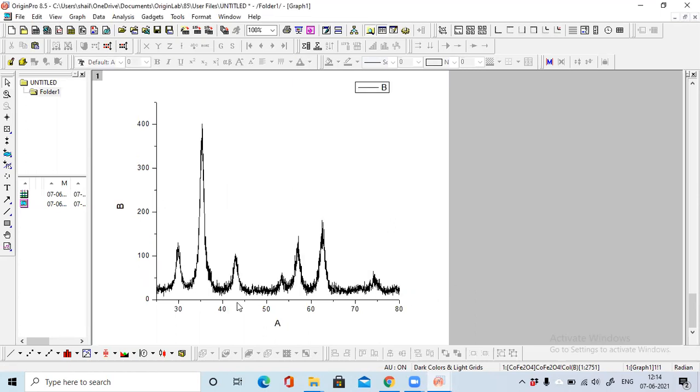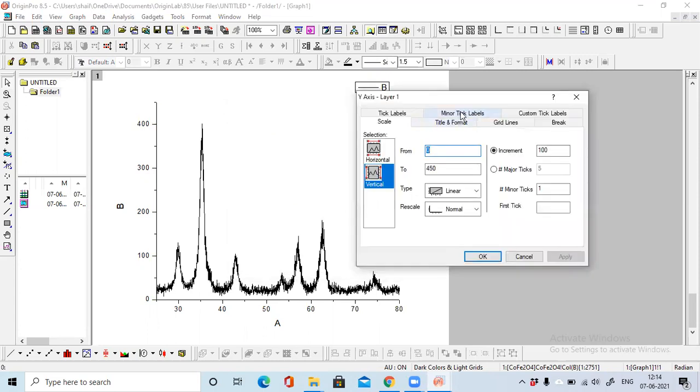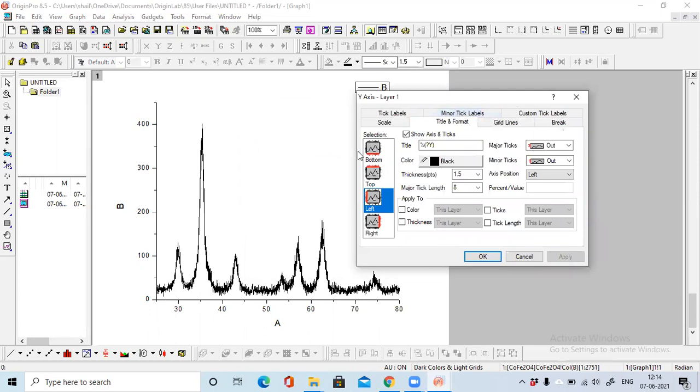Now you can see these tick bars. If you want to put them inside like this, you can play with these tick bars also. You can see here minor tick and major tick. If you select this, it means you are selecting this scale. Go here, put this inside, and now if you want to make this line thick, go to this thickness and make 2 or 3 as per your choice, and you apply. You will see the ticks become inside, and this line becomes thick.